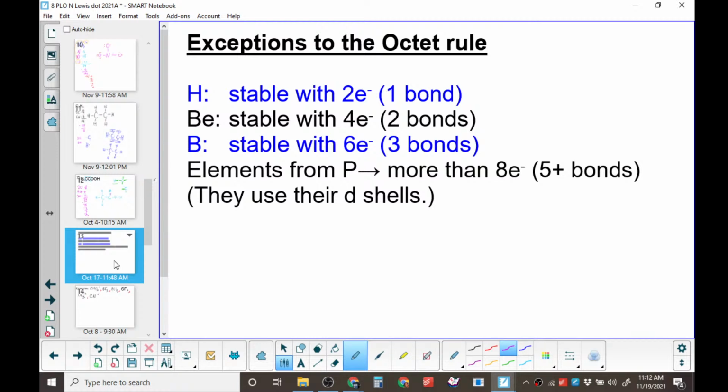One little section of notes. These are now our exceptions to our octet rule. So I told you in octet, every atom wants to have eight electrons, except for most of the periodic table. Because hydrogen, as we already know, is stable with 2. On our periodic table,